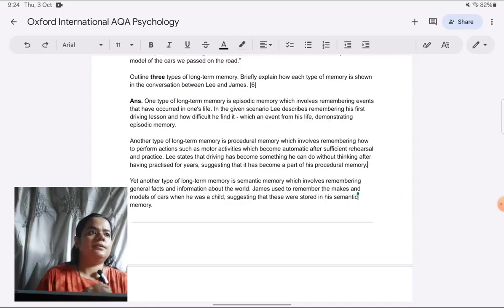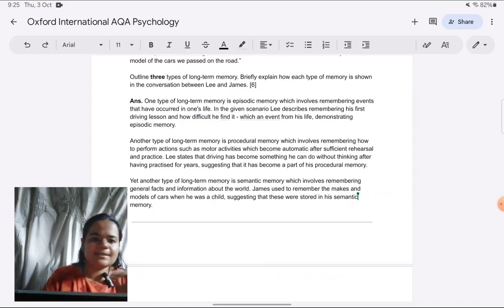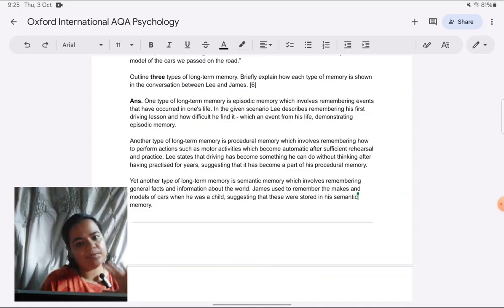And also in future, like today in the June 23 paper, this question has come for 6 marks, long-term memory. Tomorrow, this could be the one which comes for 20 marks in your paper. Or if you're a UK AQA student, it could come for 12 or 16 marks in your paper. In that case, having the habit of writing in good terminology will help you then. When the same topic comes for an essay, that time you will be able to address it very well as per the requirements of the 20 or 16 marker.